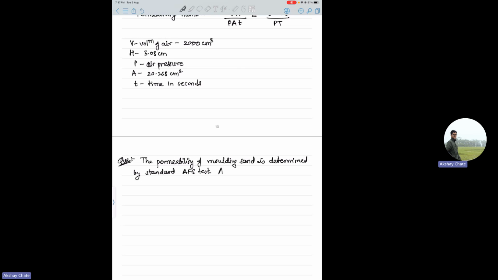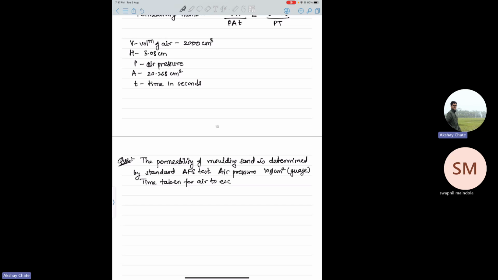They gave the air pressure as 10 gram per centimeter square gauge, and the time taken for air to escape is 1 minute. Then the permeability number is,